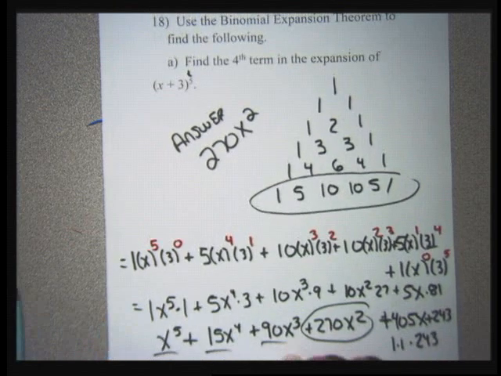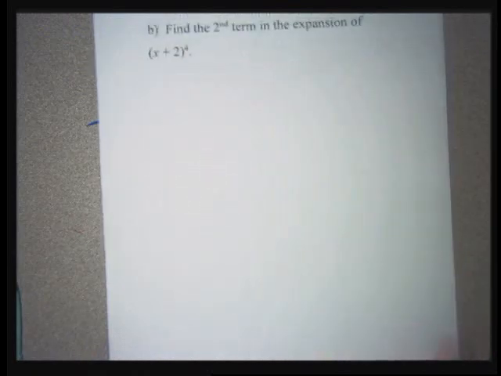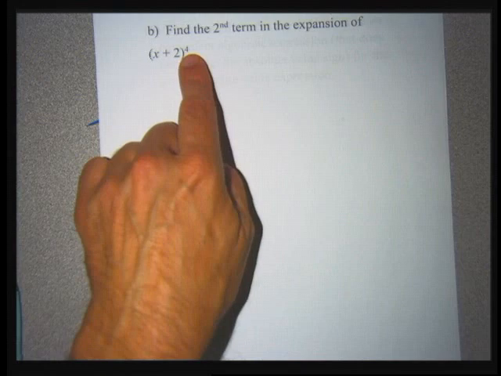I use the binomial theorem to expand, and I'm only going to need the second term. I'm not going to do all, in this case, 5 terms. You always get one more term than there are exponents. This would have 5 terms. I'm going to write